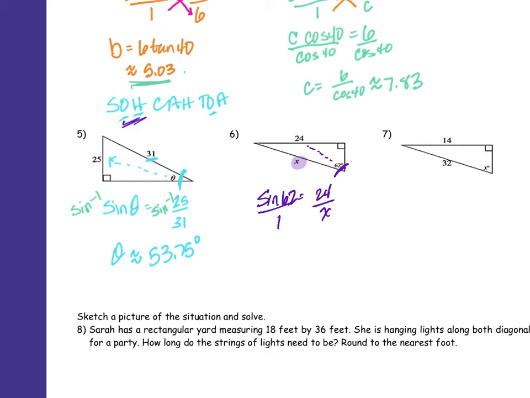Make a fraction out of the sine of 62, cross multiply, so I get x sine of 62 equals 24, divide by sine of 62, so x is approximately equal to